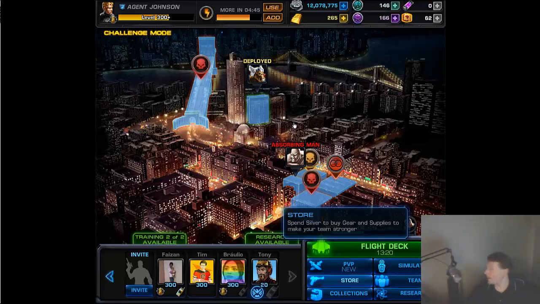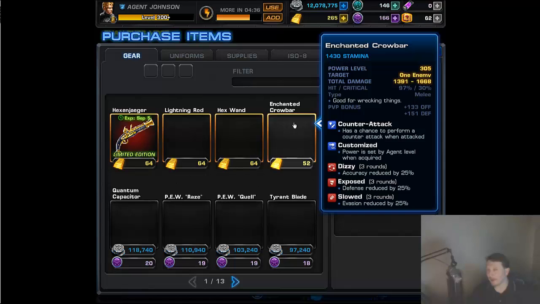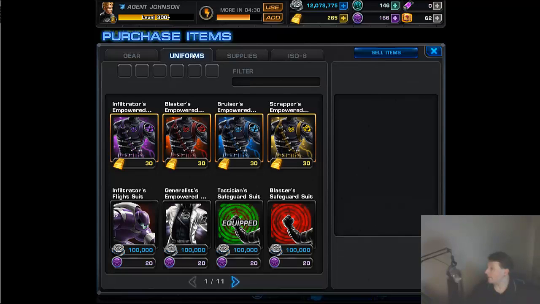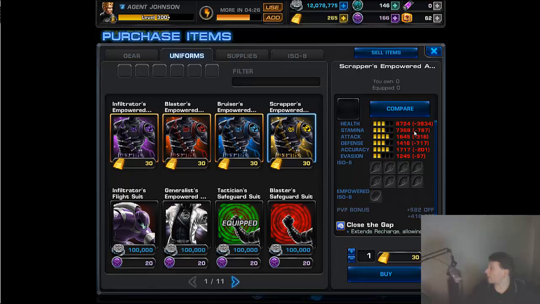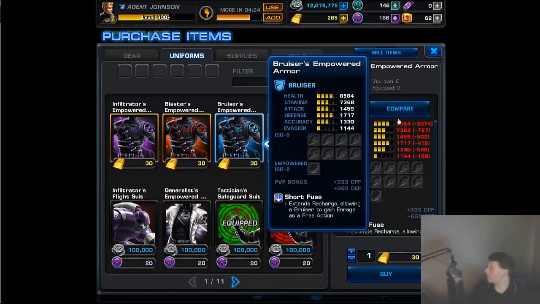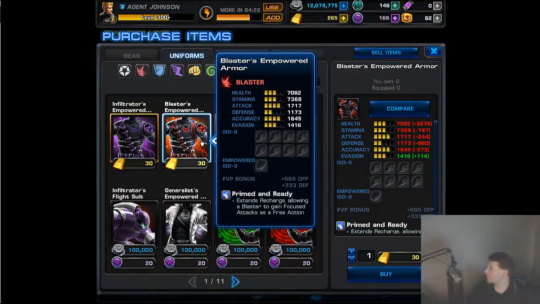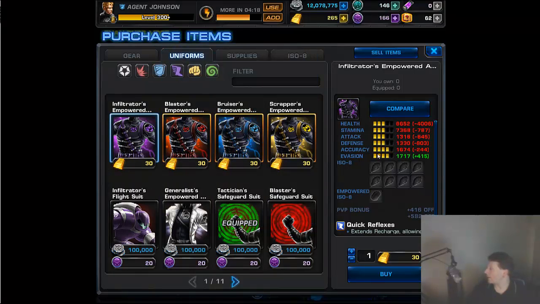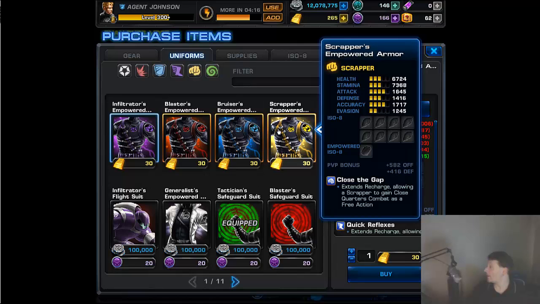So who do you think that electrical cannon looks like? I mean, to me it looks like the Claw, but I know it's not the Claw. Okay, so yeah, here they are. The Scrapper. I don't know why it says I don't own any of them. I do. But yeah, Scrapper 1 says close the gap, so you proc your...